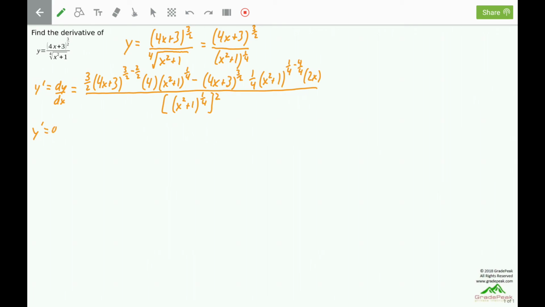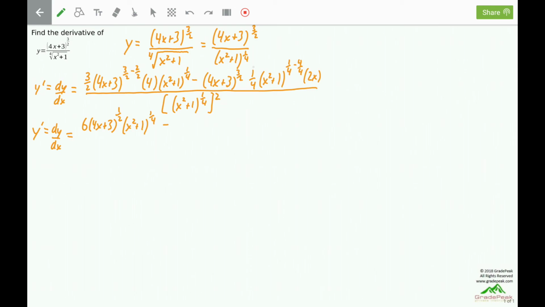So the derivative y prime, or dy dx, will now equal, in my next step I'm going to collect together the constants. So I have a 3 halves and I have a 4. I'm going to multiply those. 4 times 3 halves is 12 halves, or a 6. I then have the (4x plus 3), which will now be to the 3 minus 2, 1 half power. And I have the (x squared plus 1), that is to the 1/4 power, minus, now for the second term,